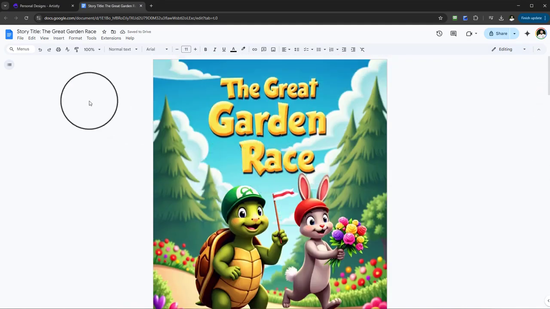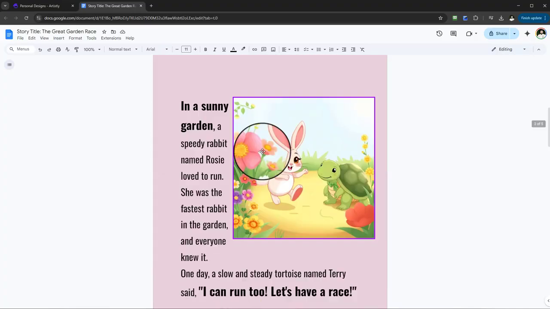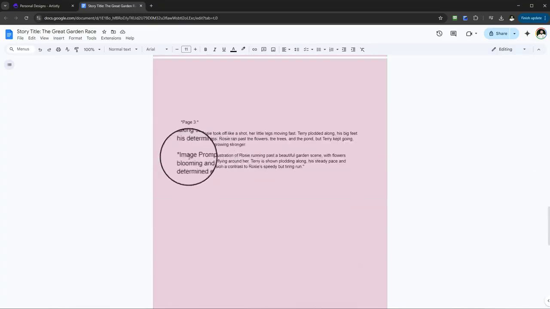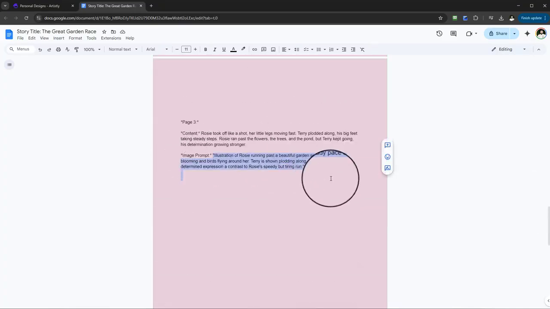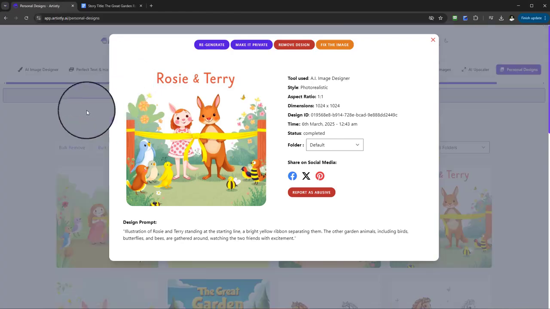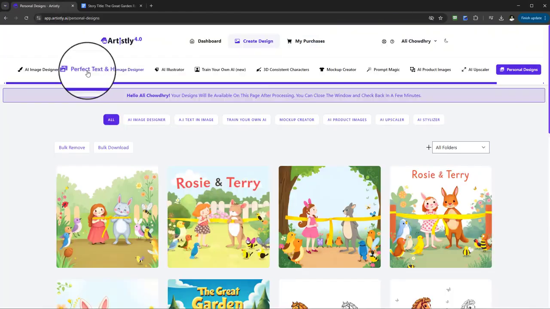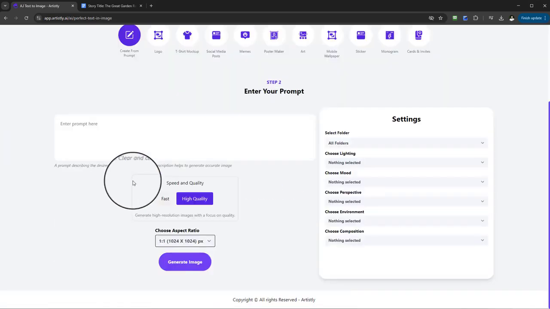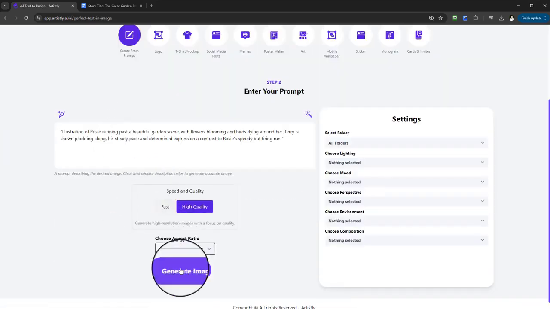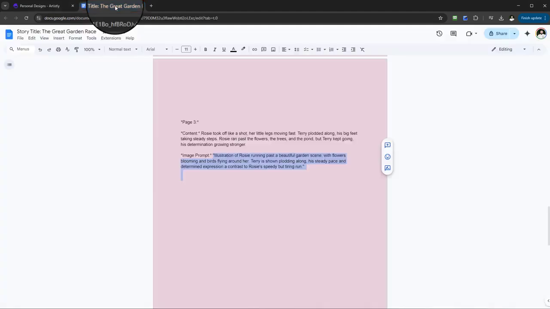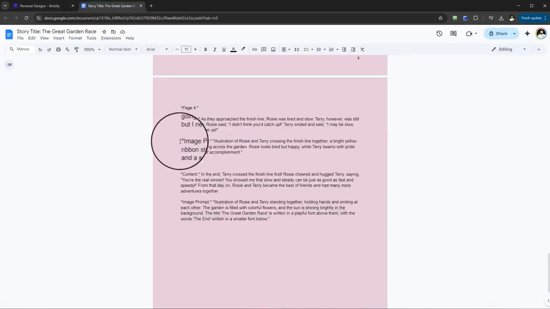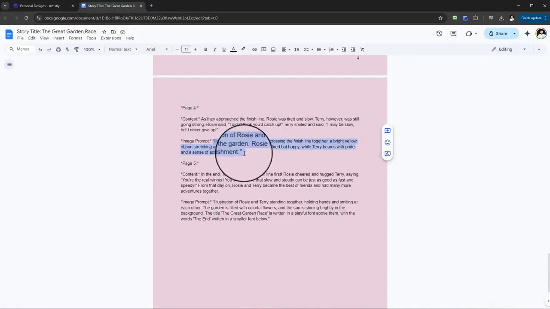Okay, so hopefully I just wanted to demonstrate and show you the setup for this, how easily you can do this. And then we can just keep coming back. We go to the next process, page 3, take the same illustration, the prompt. We can come back here to artistically, like so. Let's go to this prompt here, create simple, okay, high quality, generate image. For the next one then, we'll get this one,